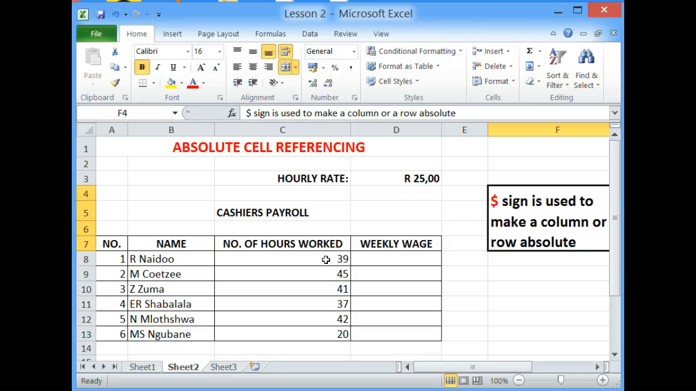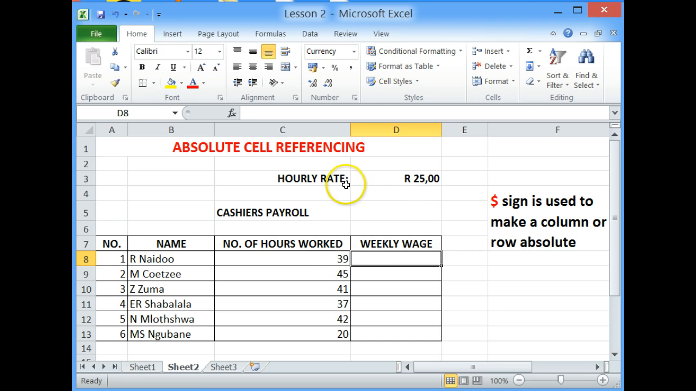worked by each employee. So R. Naidu has worked for 39 hours in the week, and we want to calculate R. Naidu's weekly wage. The weekly wage will thus be 39 hours times the hourly rate, which is 25 rands. So I'm going to type in the formula here equal to